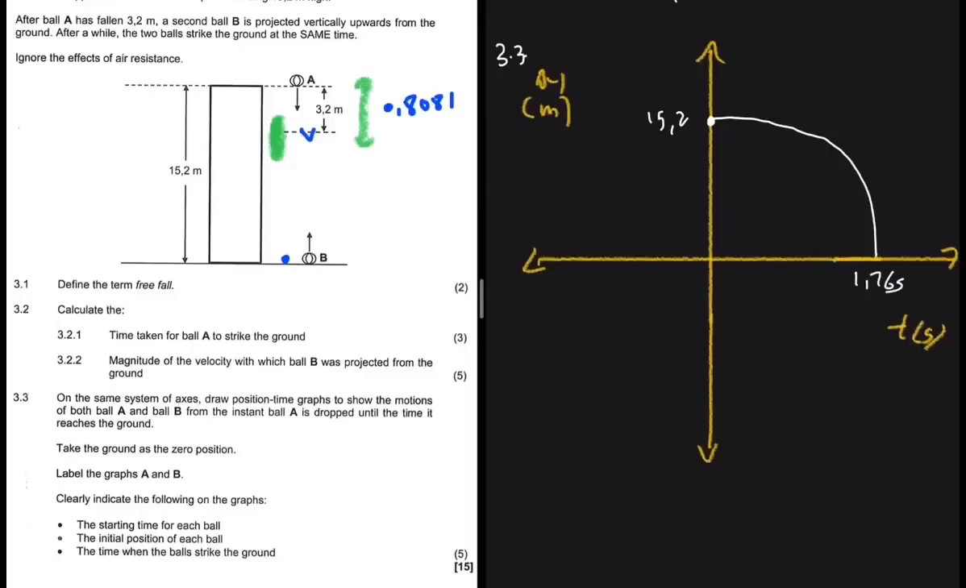And now we have to go to ball B. Ball B is only projected 0.8 seconds later. So we have 0.8 here, right? That is the time at which it is projected. And then it goes up to its maximum height, which is less than that of ball A. It's easy to see. But then they strike the ground at the same time. So I think we should have something like this. I wonder what you guys did. Can you please let me know in the comments if we have the